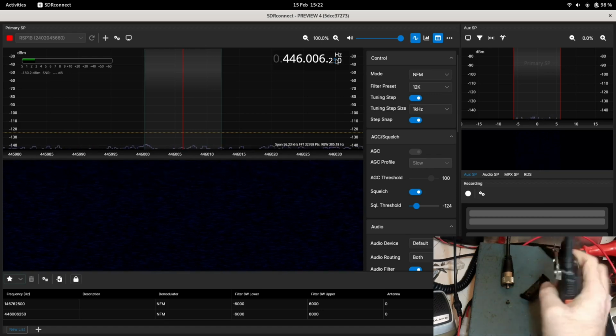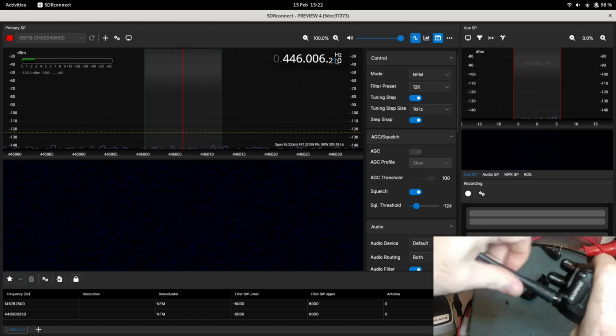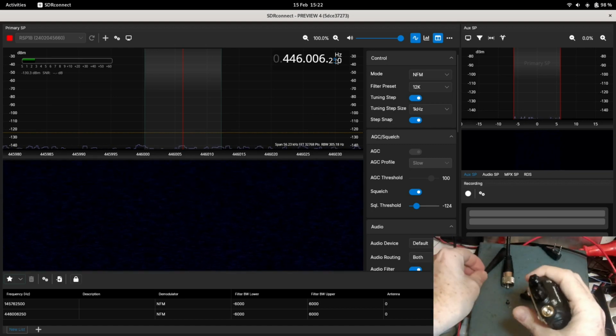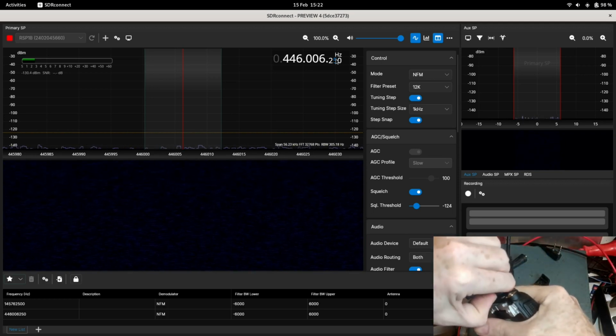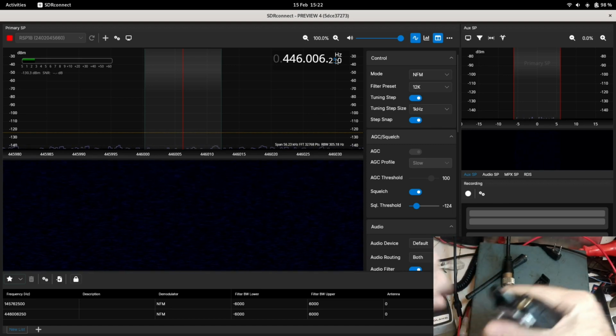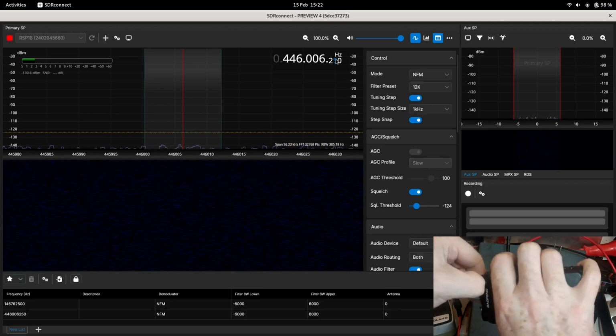So we're going to remove the antenna, because we need to remove the antenna. So that's the next step we're going to do. And you'll see there's a brass ring under there, and we'll come to that shortly. And we need to take the knobs off. Now that should just slide off like that. And the other one,